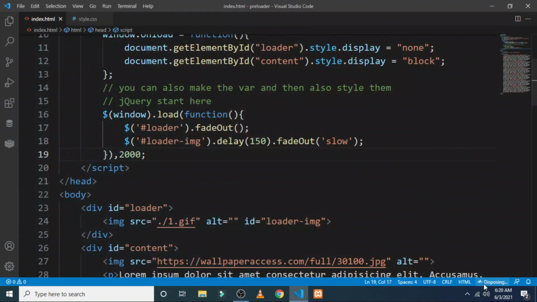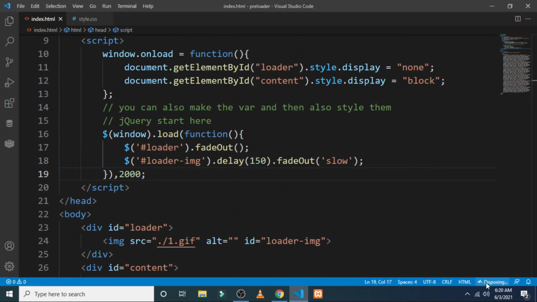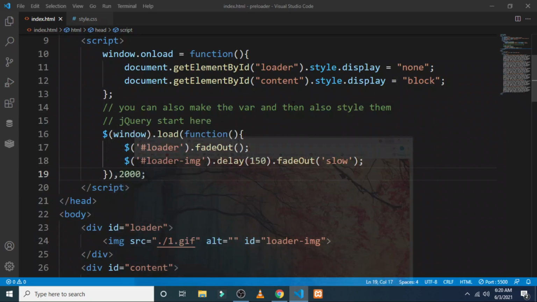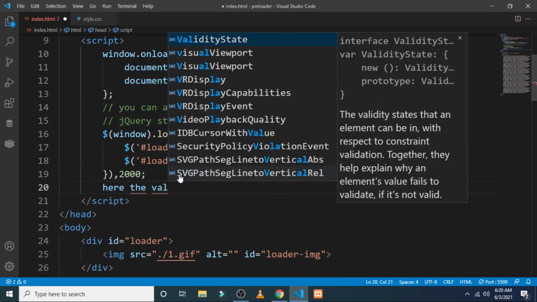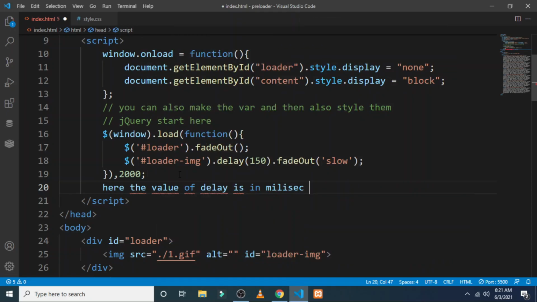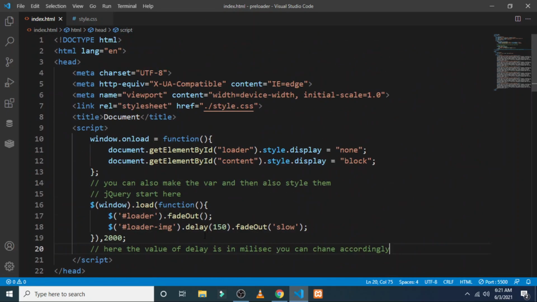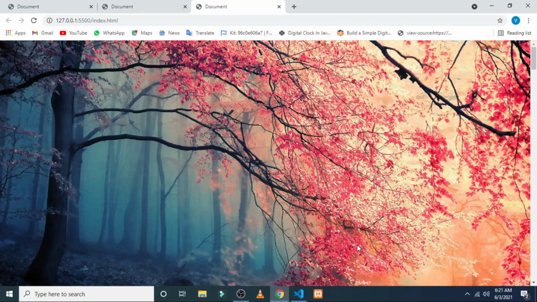Now on coming back and reloading our web page, as you can see, a preloader was used for a few seconds, because our website does not take so much time. If you have some bulky image or bulky paragraph or any data, then it will definitely take time, and our preloader will work in its position. So here I have written it down also, and you can change the value according to your web page.